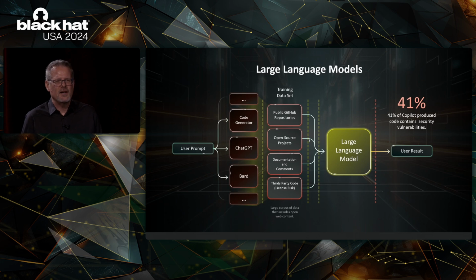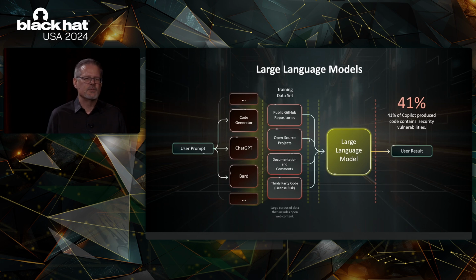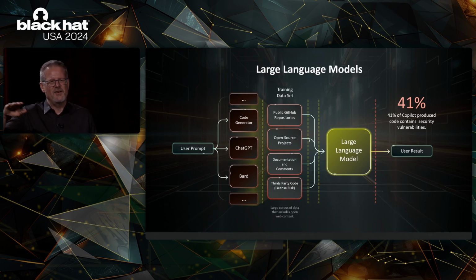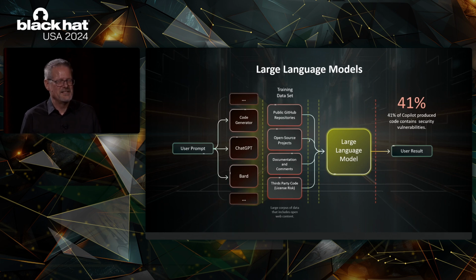Well, it turns out, and one of the largest studies of Copilot output found that 41% of the snippets of code that Copilot was generating, this is an NYU study, had a vulnerability in it, right? That's a pretty high number. But if you went back and looked at my first data where I showed projects start introducing new vulnerabilities at a rate of like 20%, and over time they introduce vulnerabilities at a rate of 37% of code changes are making a vulnerability, it kind of lines up, right? It's in the same magnitude, it's in the same ballpark.